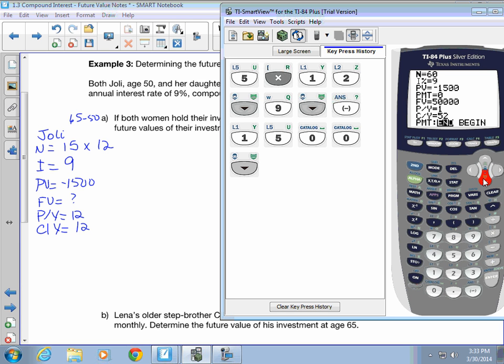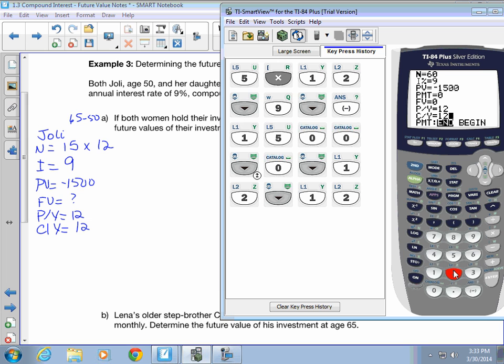Payment we're not worried about. Future value, that's what we want to find, so let's change that to a 0. She's going to be doing this monthly. And her compounds per year are monthly as well. So if we go back up to future value, alpha, and enter,